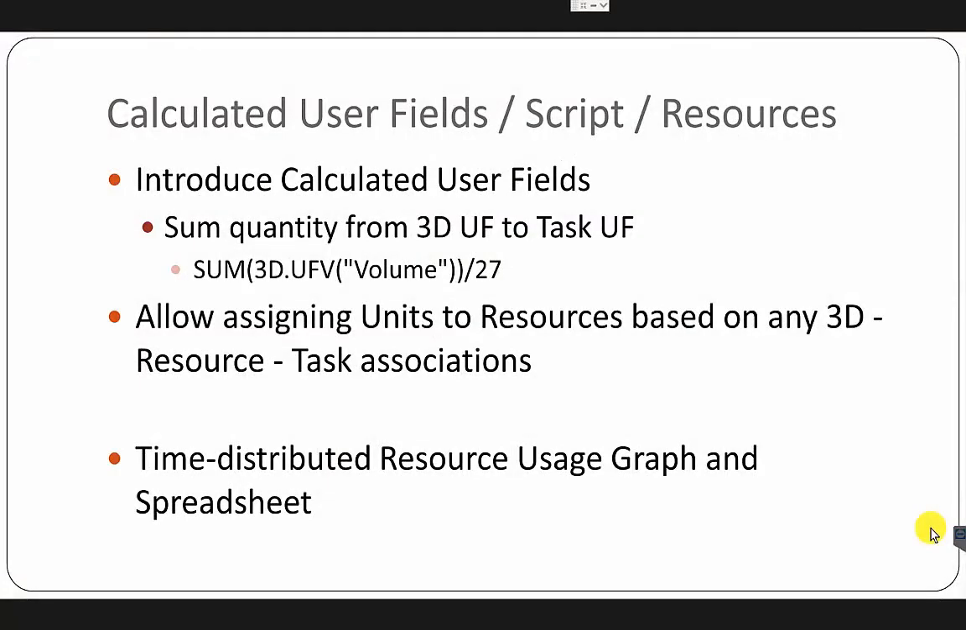Another major improvement that I want to talk about is calculated user fields, script, and an application of those two features with resource units. I think not many people are using calculated user fields. This is one of the advanced features. I think it has improved quite well, to an extent that users can easily use it as long as you have a good understanding of what you want to do and what kind of data you have in the model, resources, or schedule. So I want to start talking about calculated user fields by giving a very simple example,